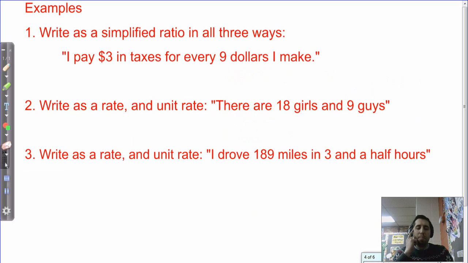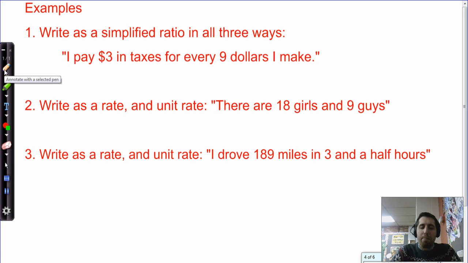Now let's go on to the examples. Please write these down and show the work just as I do. We're going to first write as a simplified ratio in all 3 ways. So we talked about 3 ways to write ratios. In all 3 ways, the statement: I pay $3 in taxes for every $9 I make. So the 3 ways to do that would be, say, this is 3